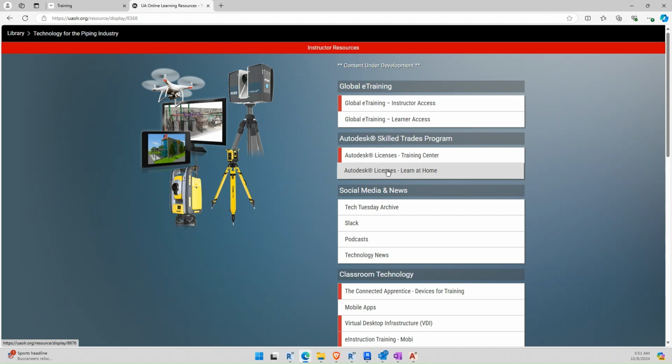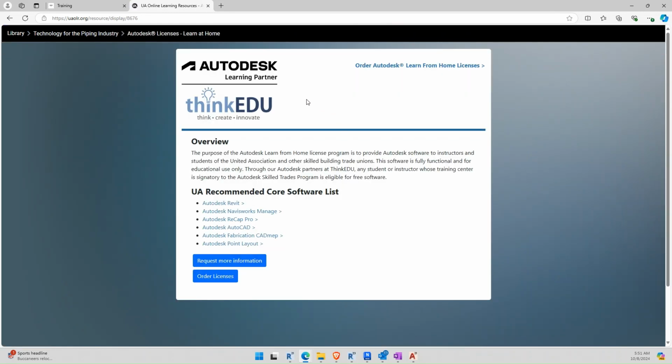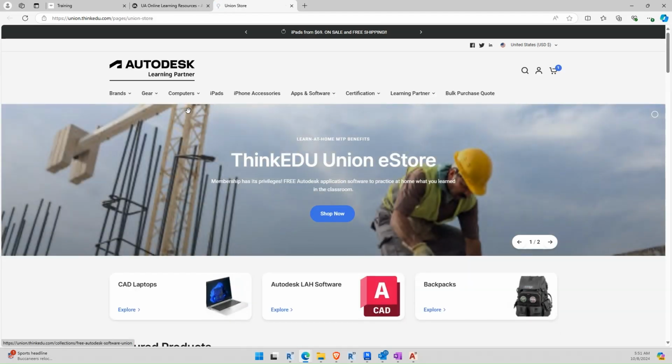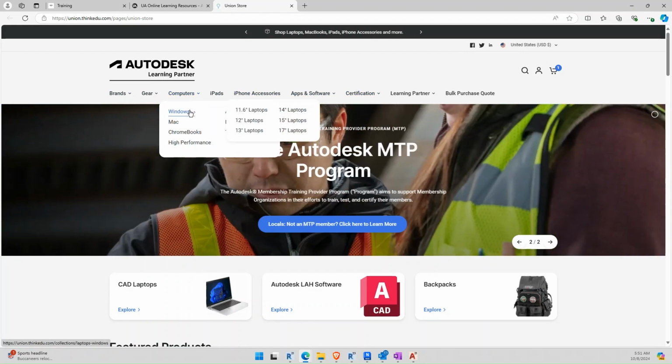When you select the Learn at Home license, it will open the ThinkEDU portal. There's an option at the very bottom to request more information or order licenses. When you select the order licenses, it will open a new tab. The new tab is ThinkEDU's Union page. That also allows you to check out some of the hardware and software that they offer outside of the Autodesk stuff. One of them is discounted